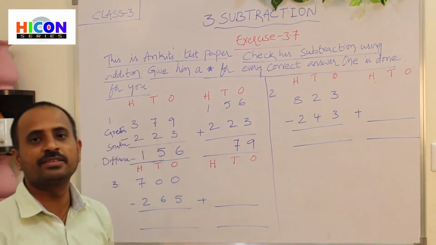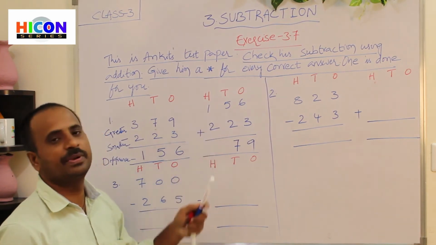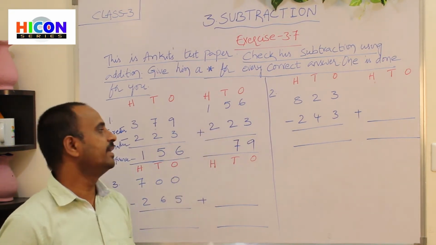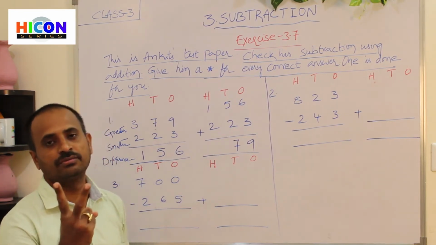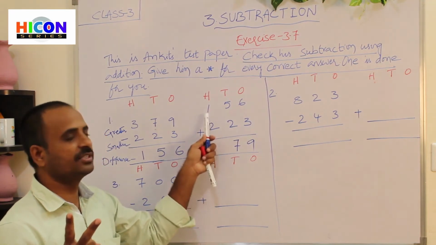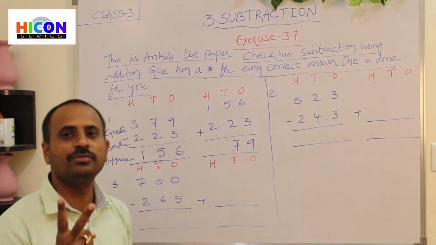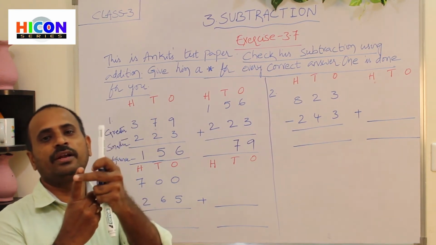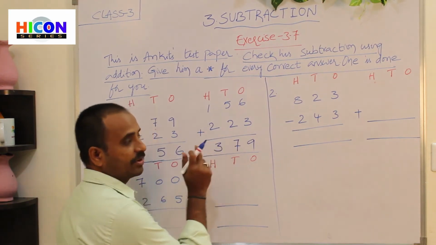Next go to hundreds place. So what are the digits present in hundreds place? 1 and 2 are present in hundreds place. So what is the second digit? 2. Open 2 fingers of your hand. 1, 2. And start counting from the first digit. What is the first digit here? 1. So after 1 we will get 2. So start counting from 2. That is 2 and 3. So write the answer 3. So children, what number have we got?